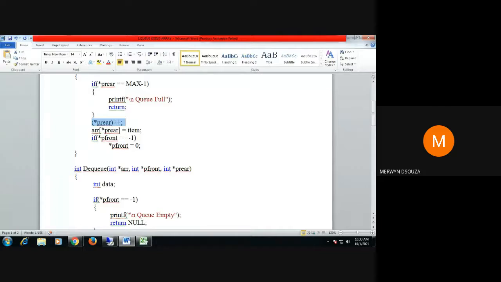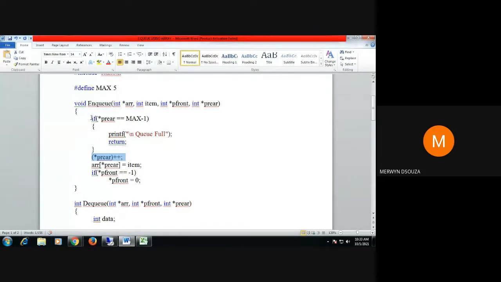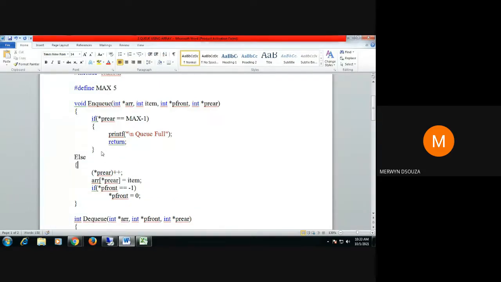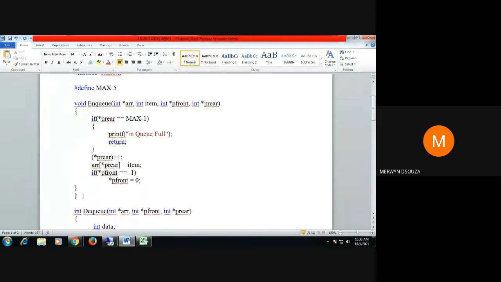Now this is a clever way of writing programs. Instead of writing else, I could have written else here also. But instead of writing else, what it means is, if that top part is not true, then this portion of the code will be executed. In other words, it is like else only, so the else word is not put. But in case you want to put it in your program, you can always put it. No problem.